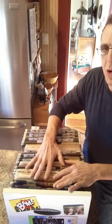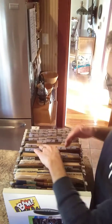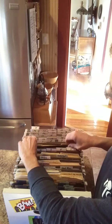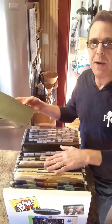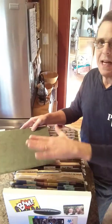So here's how this whole thing works out. Here we are on the 6th. So I would go into the folder, into the file, pull out the 6th, and this goes on my desk. Ultimately, I don't deal with anything from the 7th, the 8th, the 9th, and forward until I've completed everything in the 6th. Now, the great part about this system is this works well